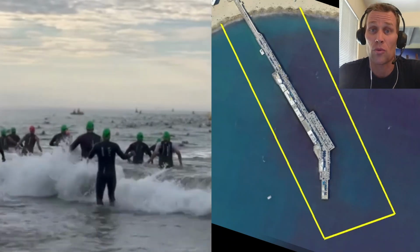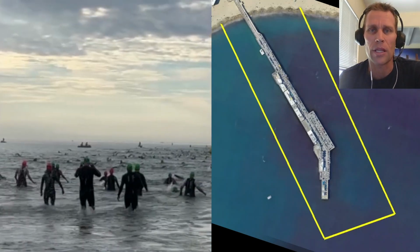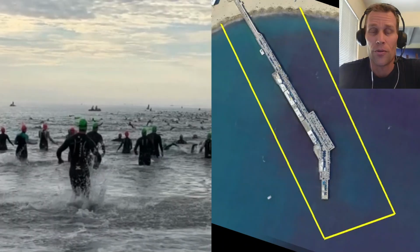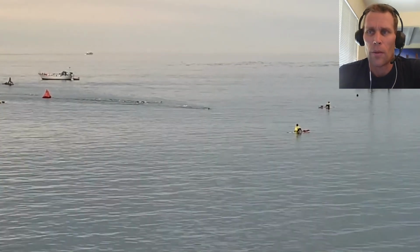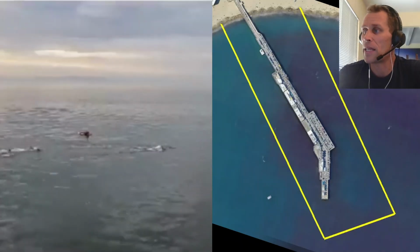I usually start the swim slow. I like to focus on my breathing, and that's my suggestion to any swimmer, unless you're a very strong swimmer, you do your thing. But for me, who's kind of a mid-pack swimmer, I'm a 1:50 to 2 minute range guy. That's my pace per 100. So I'm going to probably finish around 35 to 40 minutes, which leads me to also mention that the swim